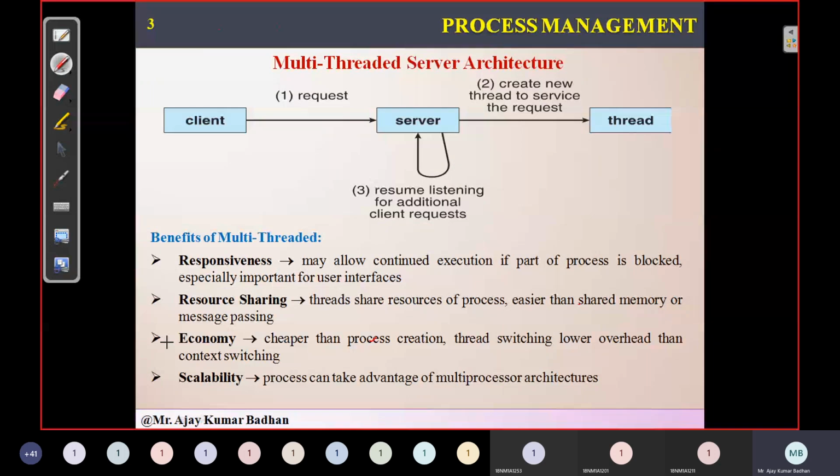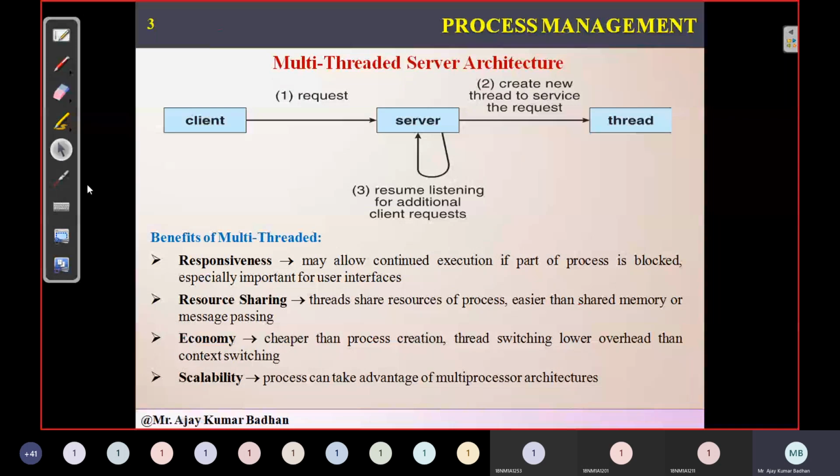Now, isn't it economical? Creating a new process, and that process creating a child process, again allocating resources is a burden. It is time consuming, and power consumption will be there. Whereas coming to threads, no such scenario. So it is much cheaper, right? Creating threads is cheaper than process creation. Definitely threads can switch between each other. They can transmit information within the process. So it is much more economical in nature.